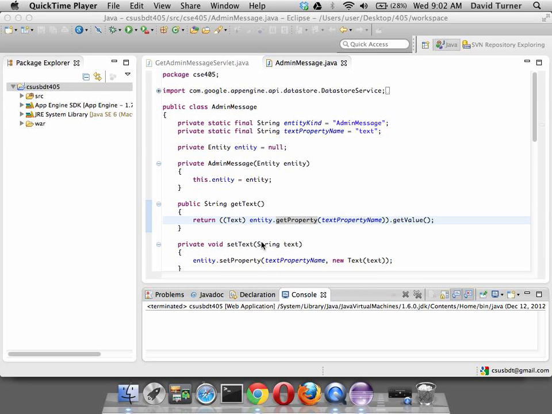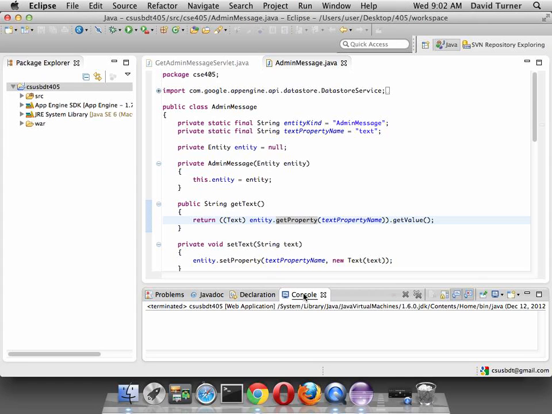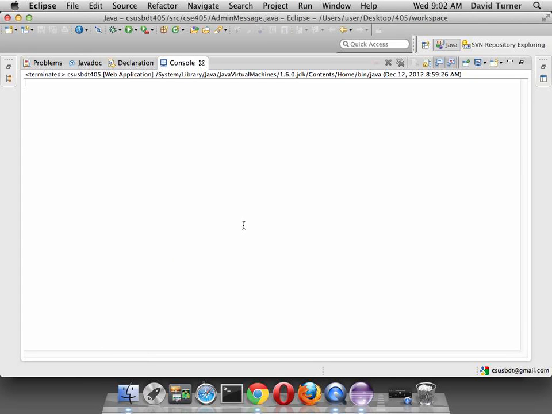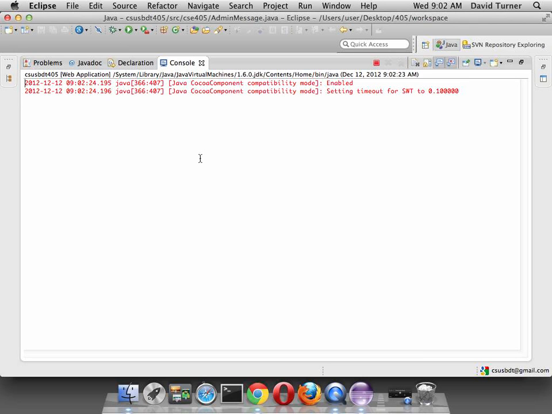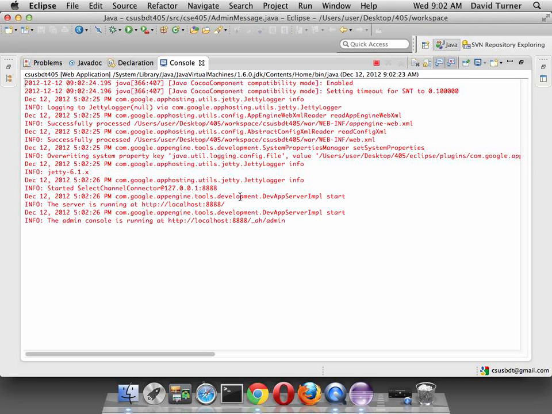Anyway, what I wanted to show you now is how to interact with the data store in the development environment through a tool that Google provides. Let's take a look at that. I'm going to start up the application again, and you'll see that this is the URL that we've been going to. That's the running application. But the log also contains a different URL right here,